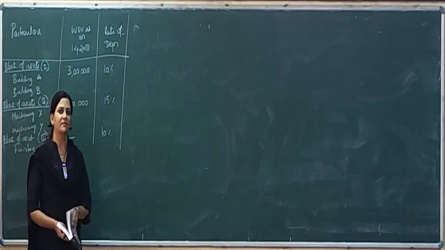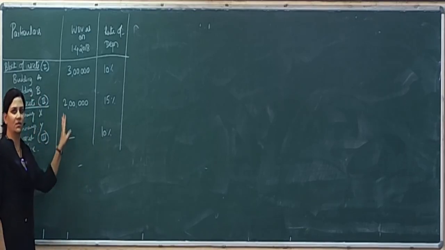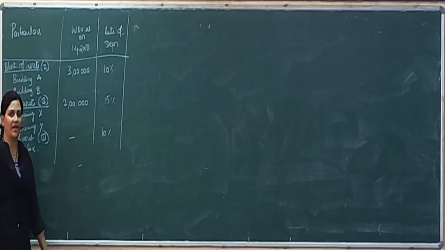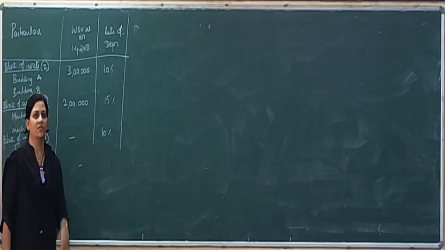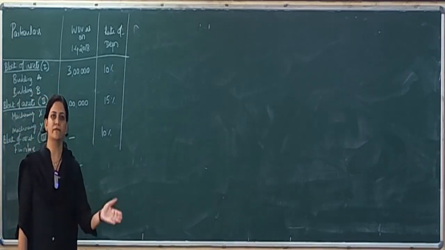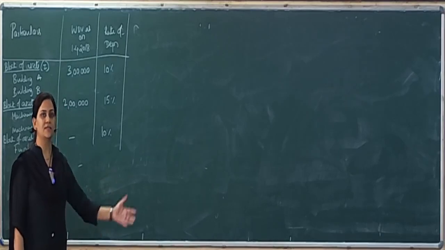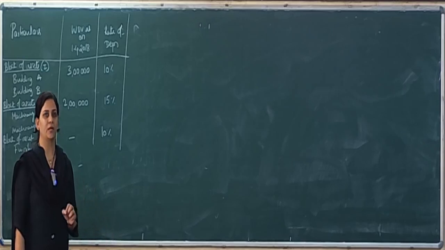So these are the information given about the block of assets. Now they have asked us to find out the depreciation. Depreciation is a part of income from business itself, right? So these are another set of problems wherein we need to find out the total amount of depreciation considering the different blocks of assets, right?